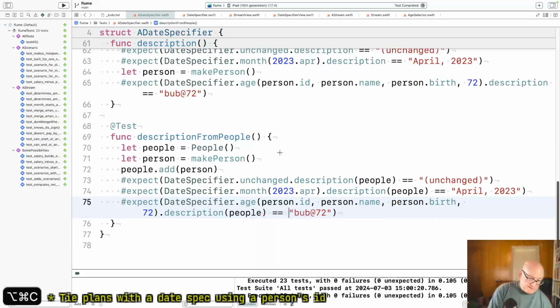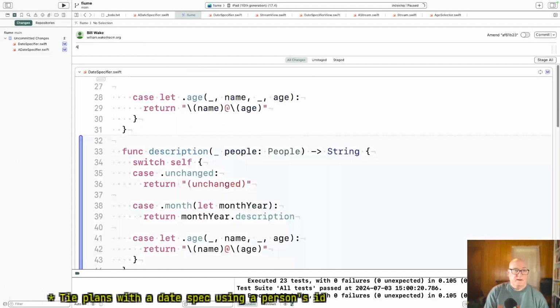Okay, good. So add DateSpecifier description from people.